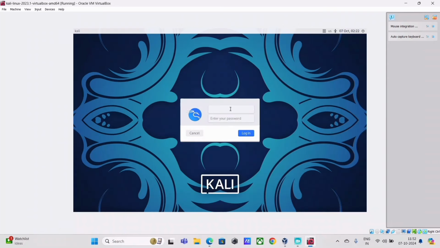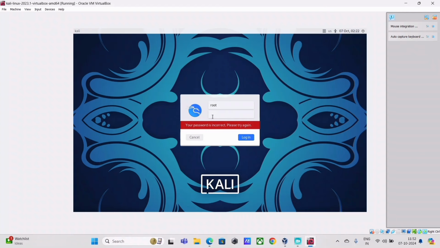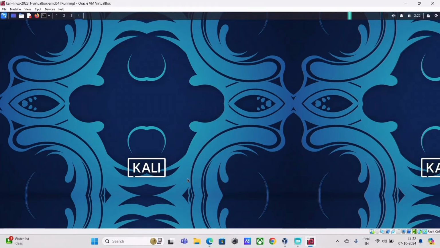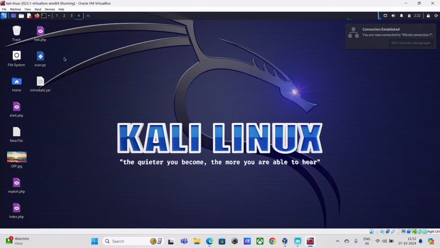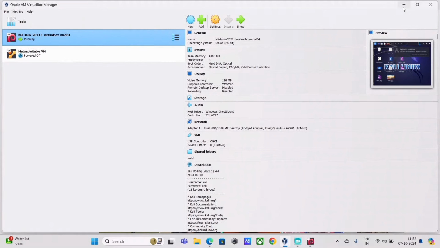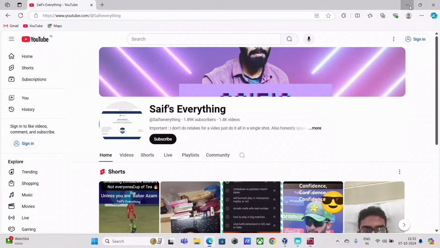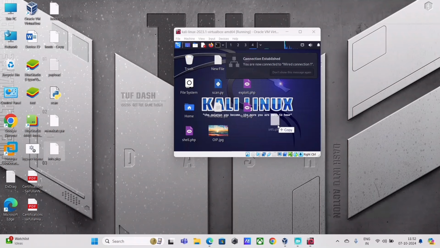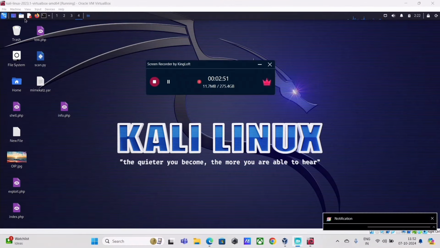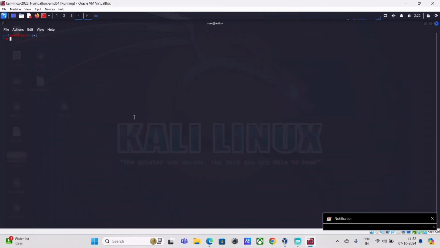Now I'm just going to log in to my Kali Linux virtual machine. Root, Kali. Okay, I've logged in. Here, I'm just going to drag and drop the info.php file which I have. So here, I'm just going to drag and drop it. And now I'm just going to quickly launch my